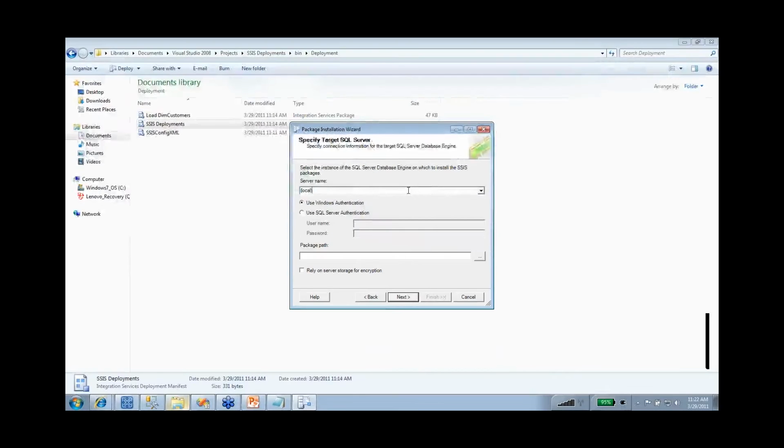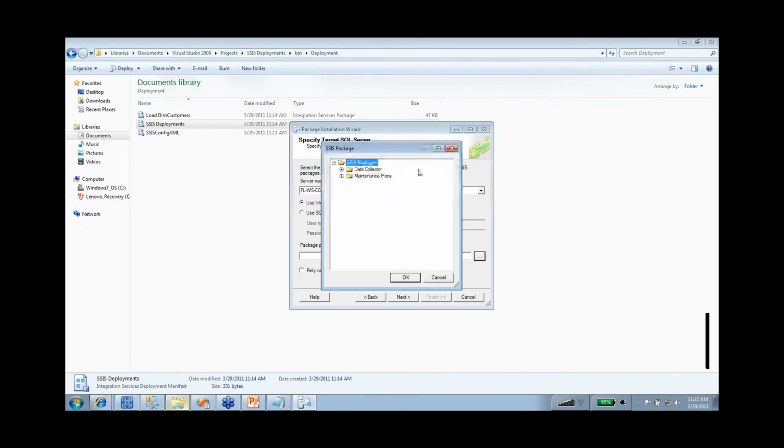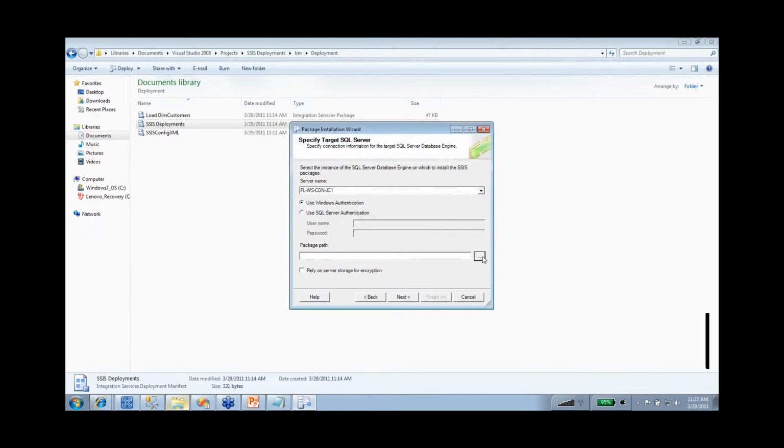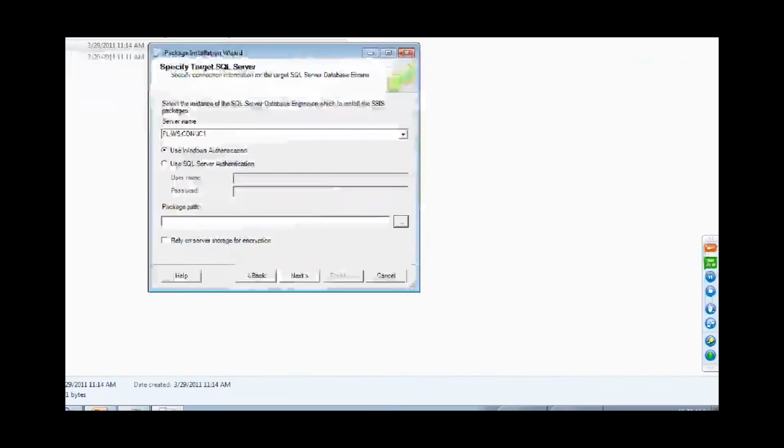I'll click Next. And the first thing it's going to ask is for our server name. So in this case, it will be my NetBIOS name. I can specify the type of authentication. In this case, I'm going to use Windows Authentication to deploy. And I'm going to browse to where I'm going to save it. So when I click on Browse on this ellipsis to the right here,